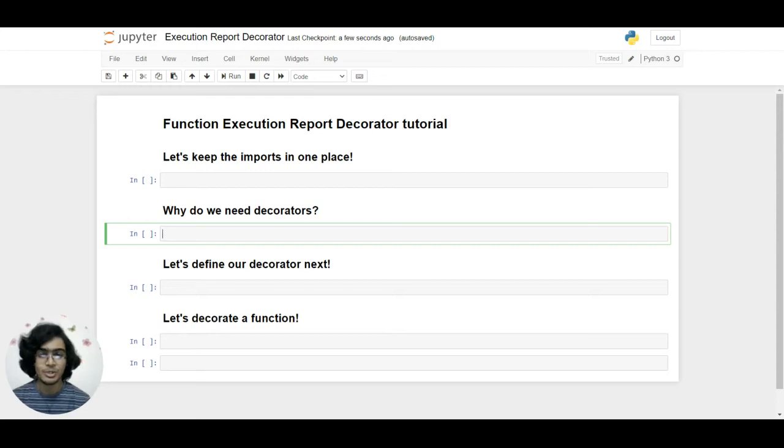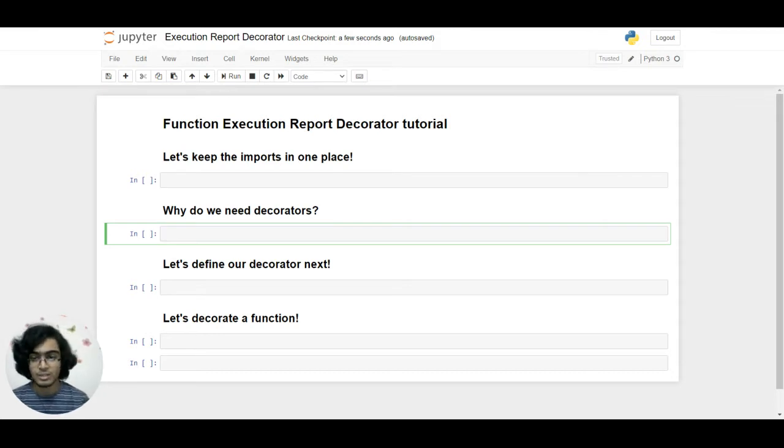In this video, I'm going to show you how to use decorators in Python to print out an execution report for function calls. You might be wondering what decorators are, and what an execution report is. Let's take it one step at a time, and I'll show you why we need decorators before I even tell you what decorators are. So, the most frequently cited use for decorators is for timing how long a